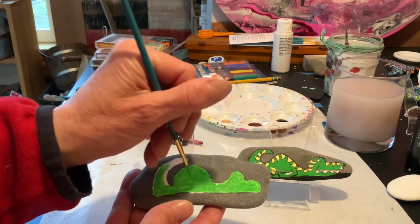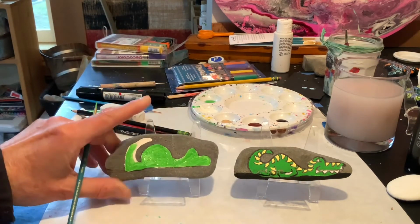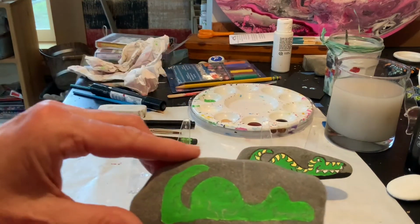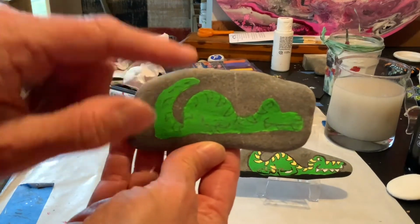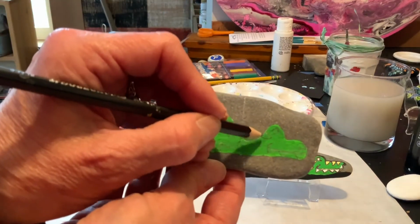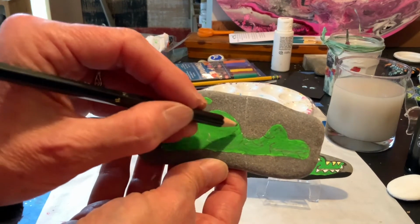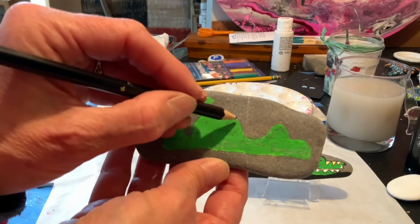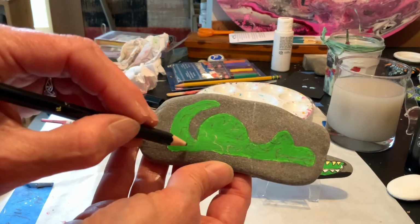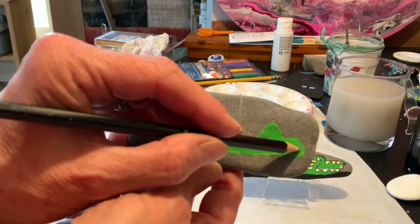Okay, so as you see, I'm going to finish painting this green, and then I'm going to dry it and put another coat. Okay, so now I've got my 2 coats painted on my dinosaur, and what I've done is I've taken my pencil and I have just drawn in the little scales. They look almost like triangles with a curve to them. And I've gone all around one side of his body, all the way up his tail,